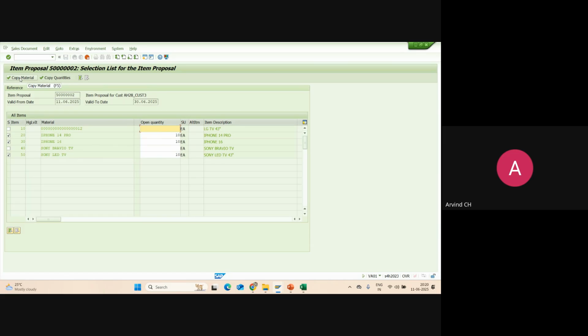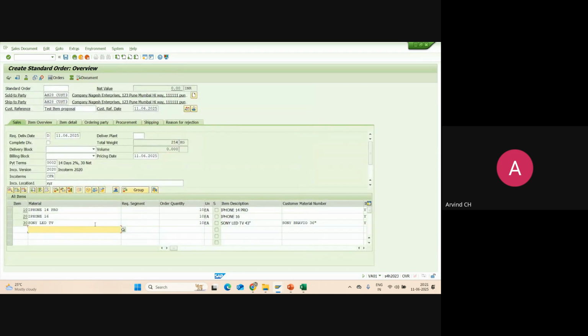If you click on copy material, only the material will be copied. If you click on copy quantities, both will be copied. Just observe. I am clicking on copy quantities. Both will automatically be reflected in your sales document. See,